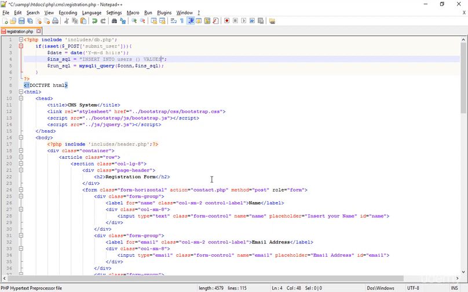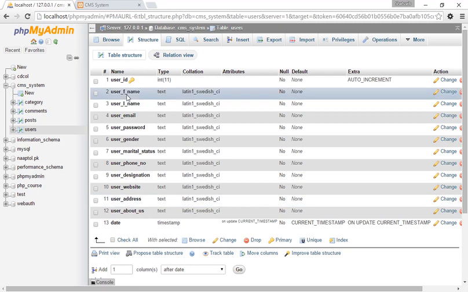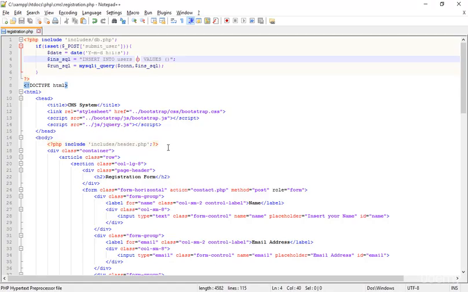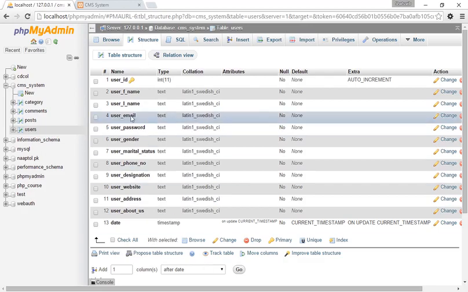Okay, two more, and this is what I just want. So here in the first parentheses, I'm just putting the names of the fields. I'm just going to the database again, and the first one is the user F name, so I'm just mentioning the user F name. Okay, and then I put a comma and press space and type user L name, and put another comma, and let's type user email,